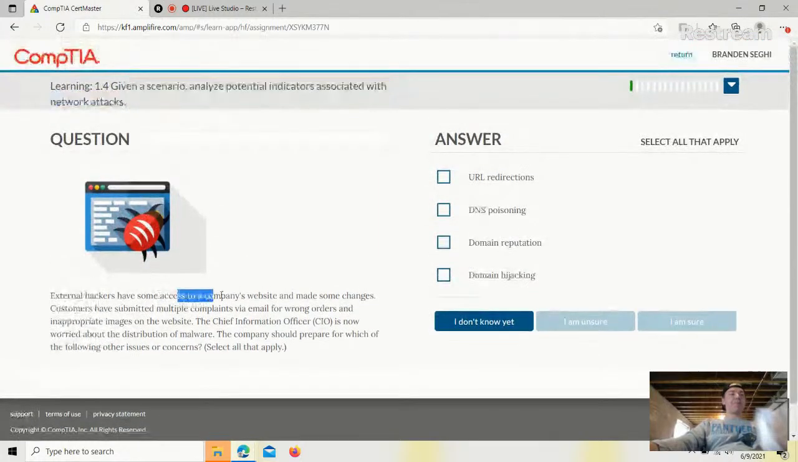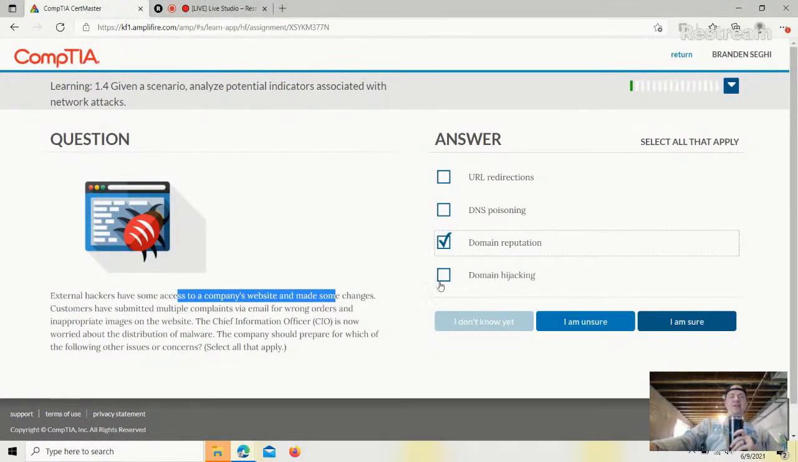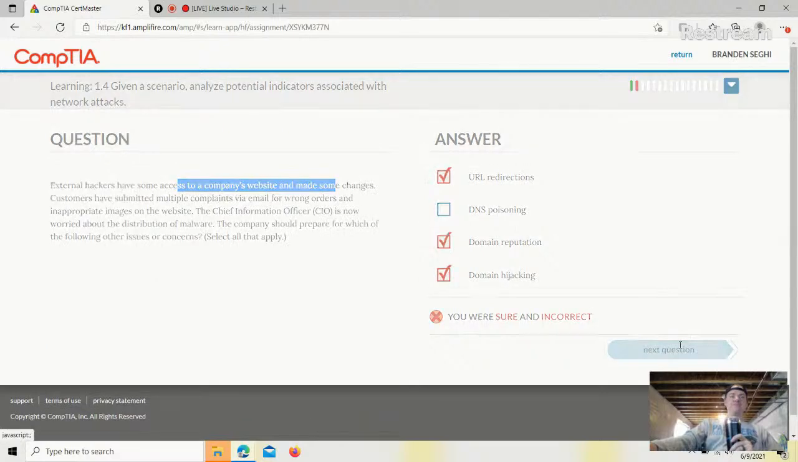External hackers have some access to a company's website and made some changes. Customers have submitted multiple complaints via email for wrong orders and inappropriate images on the website. The chief information officer is now worried about the distribution of malware. The company should prepare for which of the following other issues or concerns. Select all that apply. Domain reputation, domain hijacking,